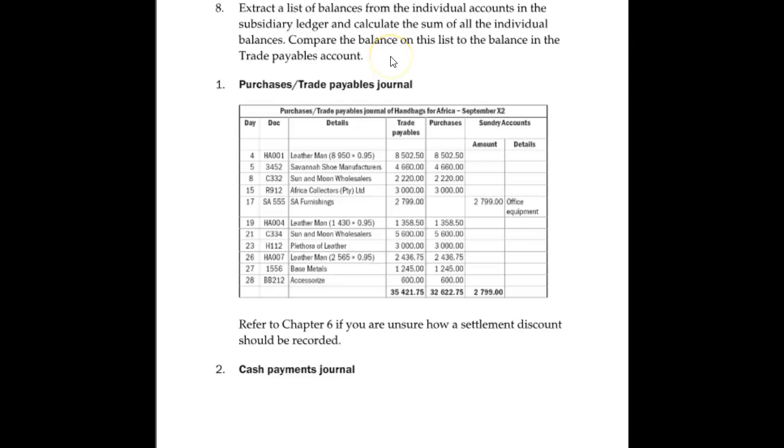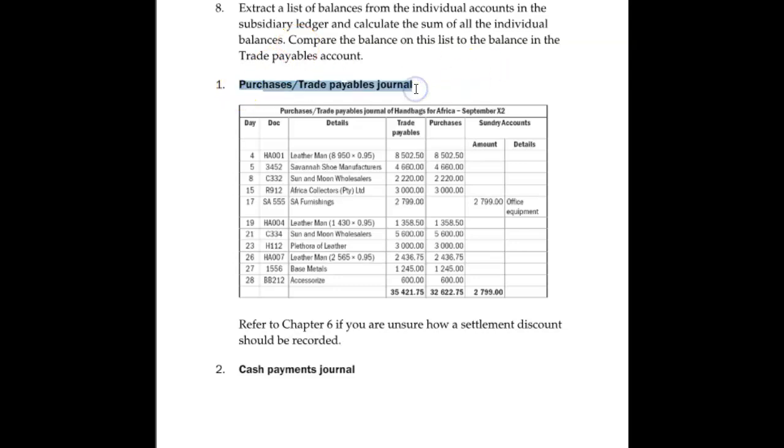So let's say you bought something on credit from a supplier. Now when I say buy on credit, you never pay now for it, you'll pay later on, right? So let's say you bought something for 100 Rand. Let's say you bought inventory for 100 Rand. This is your supplies, your stock. So if you bought inventory for 100 Rand, you'll first record it in a journal.